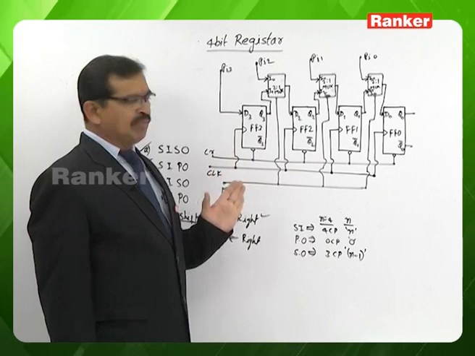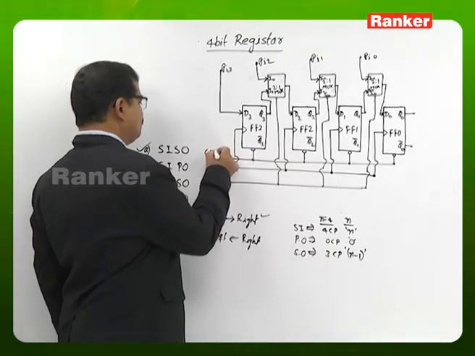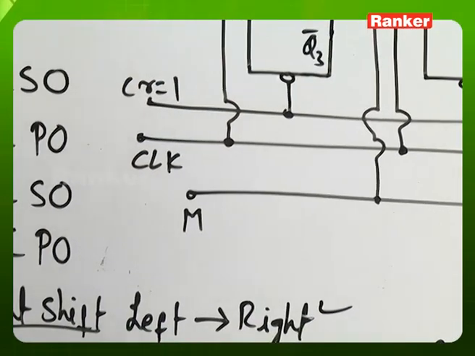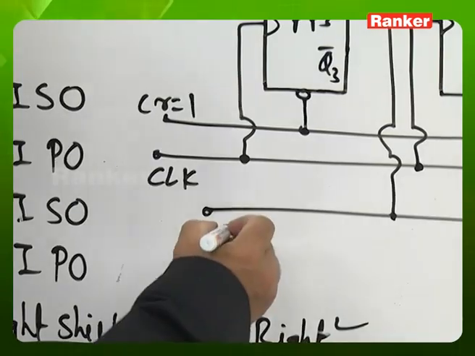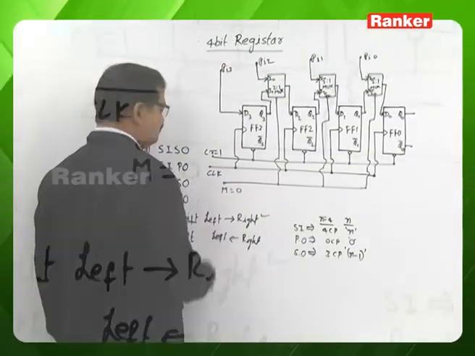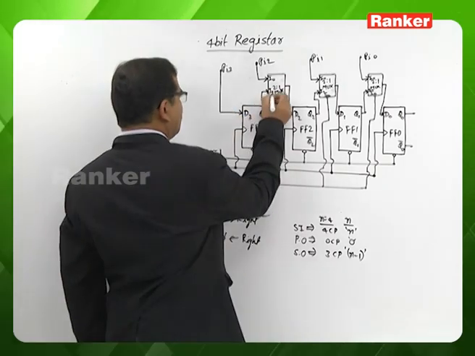By using this clear terminal, we are clearing all the flip-flops first. After clearing all the flip-flops, we are keeping clear 1, so that we are in a position now to apply the clock signal, while keeping M is 0. M is basically coming to be the select input of all these